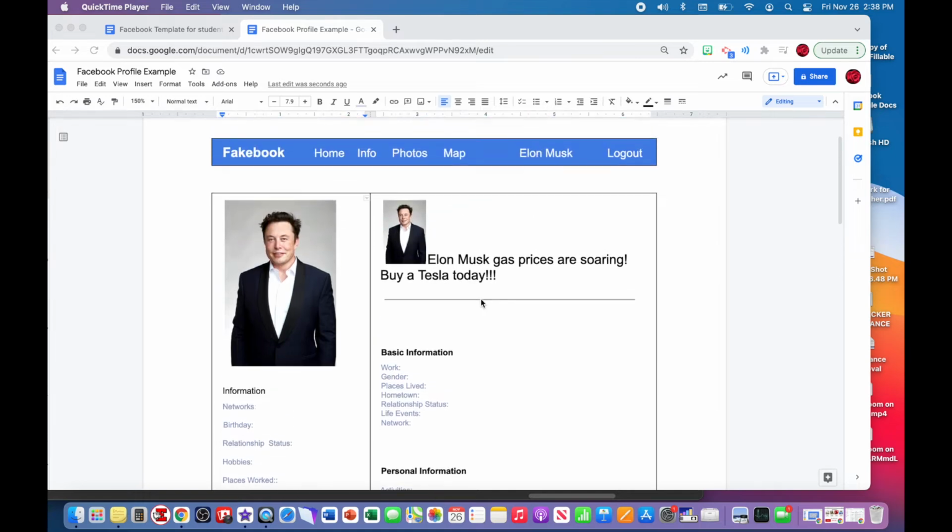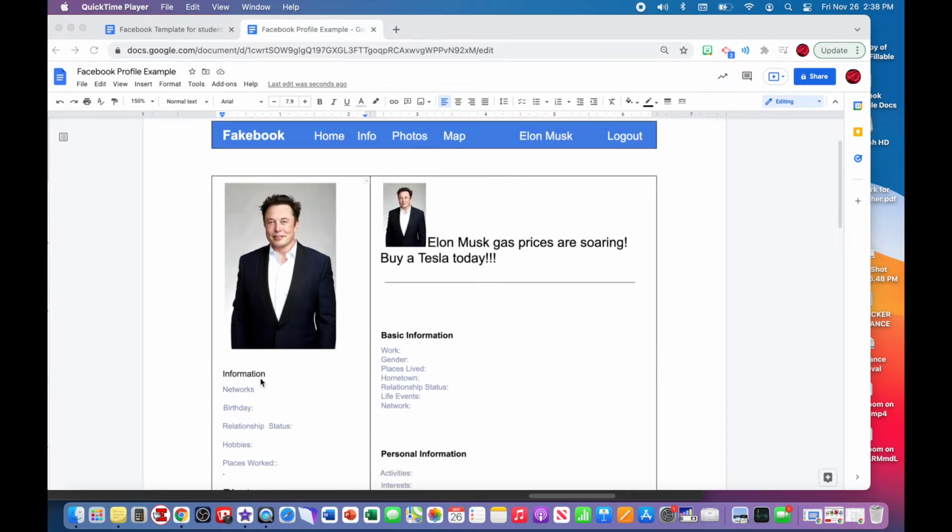So you will select a technology pioneer of your choice, and you'll make a Facebook profile page for that technology pioneer. And you'll start by adding pictures and words onto the template to make it look like their Facebook profile page. So basically what you're going to be doing is showing me you know how to